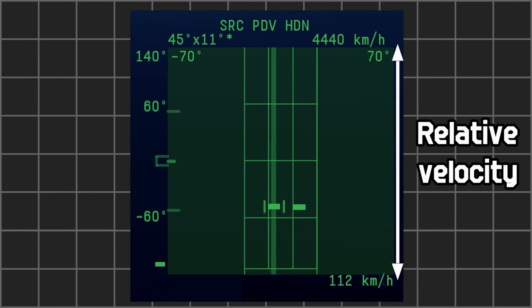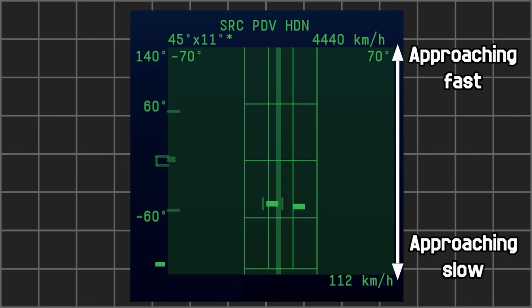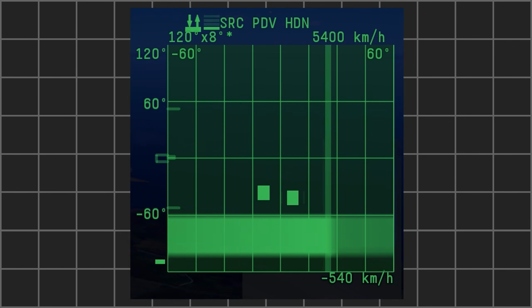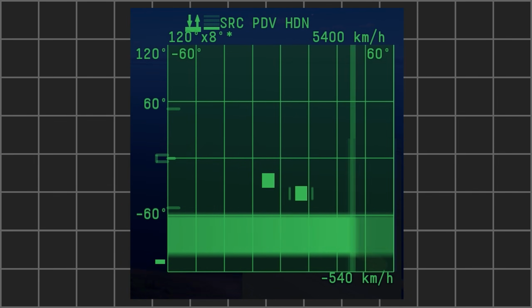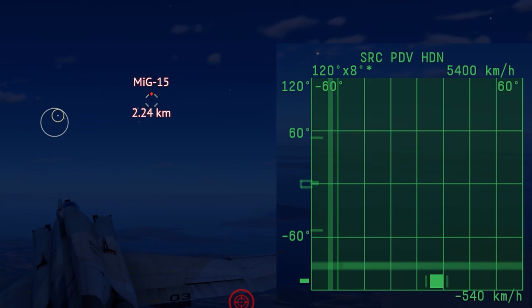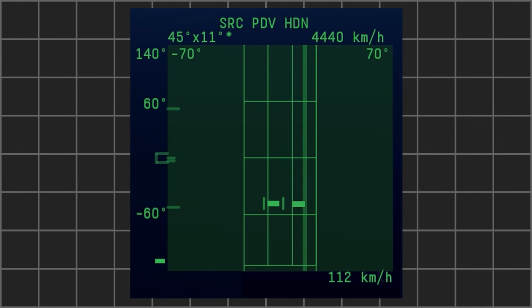Not only that, but the interface is also different than usual. The higher the contact, the faster they're approaching you, and vice versa. The values on the top and bottom represent the maximum and minimum speed that your radar can detect. On some aircraft, the minimum value can be negative, in which case you'll also get a dead zone. Your dead zone will be larger the faster you're going, and if a contact is below your dead zone, that means they're flying away from you. While it is useful against ground clutter and chaff, regular Pulse Doppler is usually much more reliable and simple to